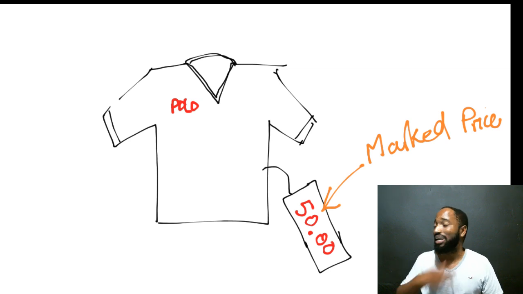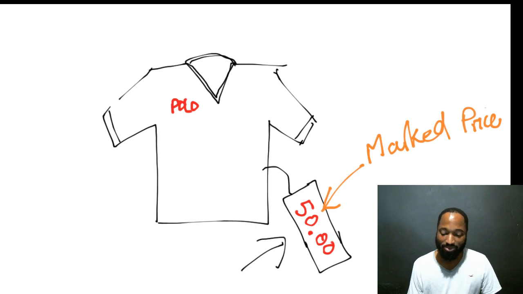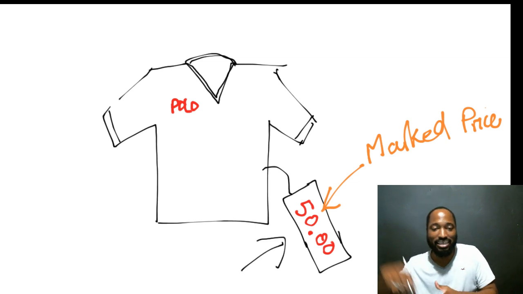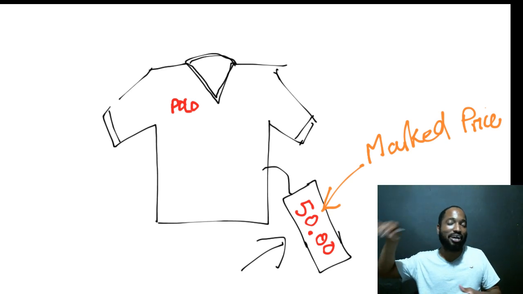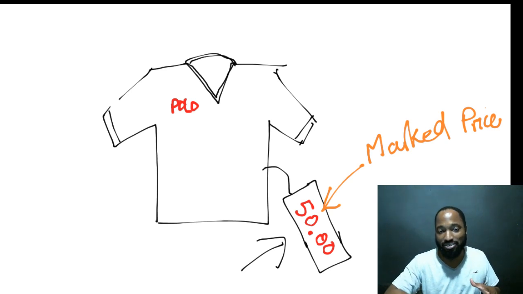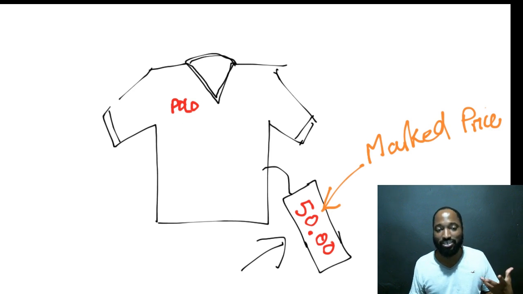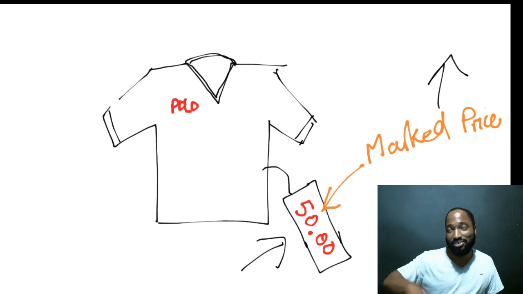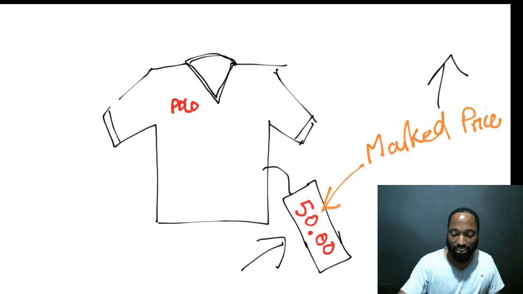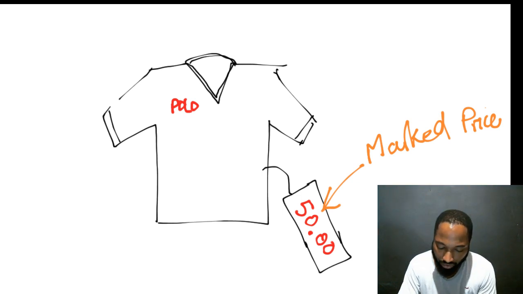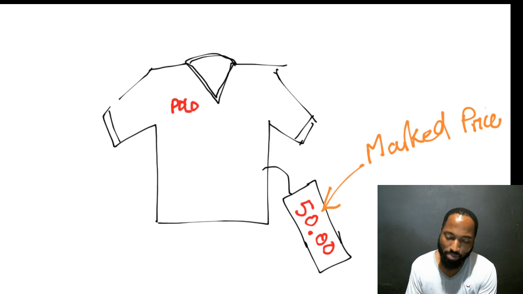Sometimes the store is so tricky, they will raise this up just to make it look a certain way. They will send that up to maybe $80, and then they tell you you get a $30 discount, but this time it was really $50 to begin with. So a trick is to raise the marked price high so that the selling price looks sweet when they give you the discount. It's psychology. So we talk about the marked price, we talk about the selling price. What is the cost price?